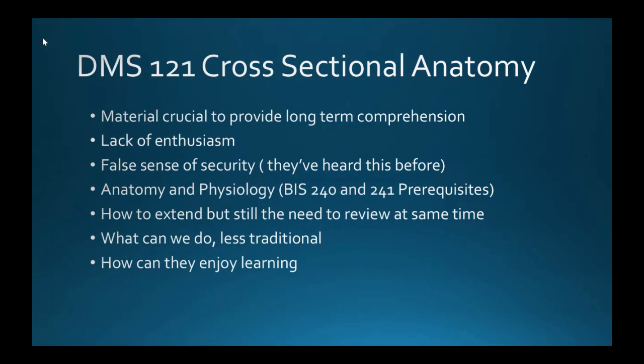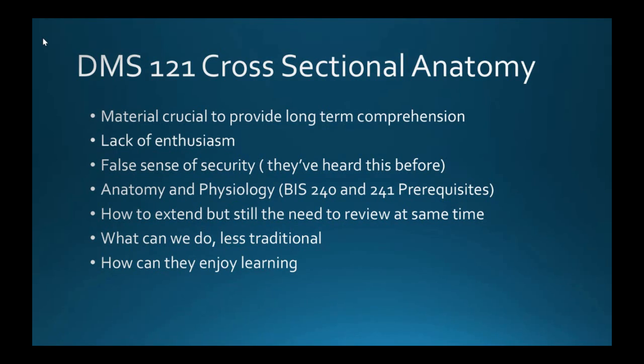Well, Krysti and I both have a little bit of thinking outside of the box. Yeah, thinking outside the box type of thing. So it was great to have her join me. And I said, you know what I'd really like is one day of me just pounding out traditional lectures, getting them engaged, thinking, looking at diagrams, using them on my PowerPoint. But the second day, an activity day, and it wasn't a lab. We would bring models into the room, and so I said, what do you think about that? She said, I'll do the second day, you do the first day. I said, okay. So the material was crucial to long-term comprehension. As a sonographer, you can't forget the liver because you took the test and you passed it.